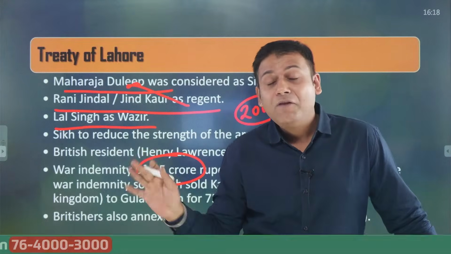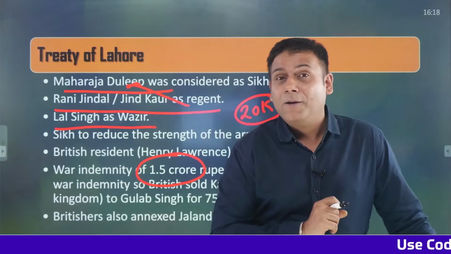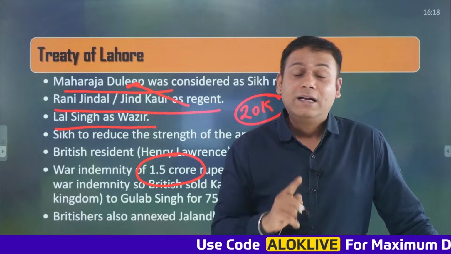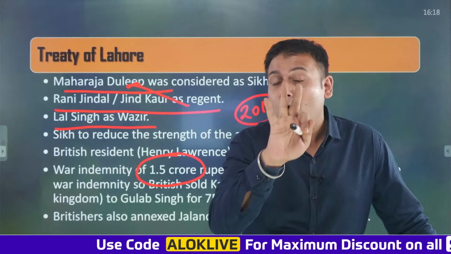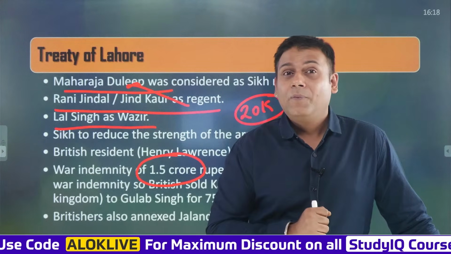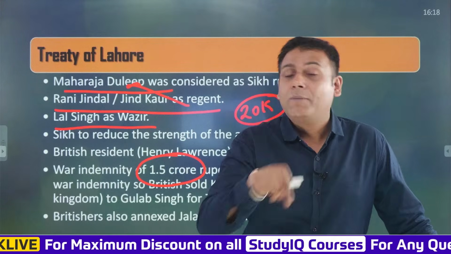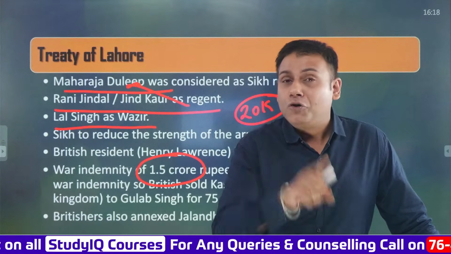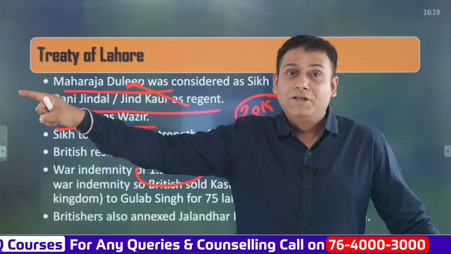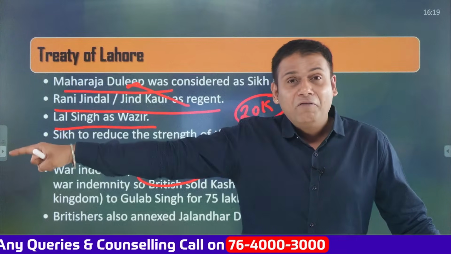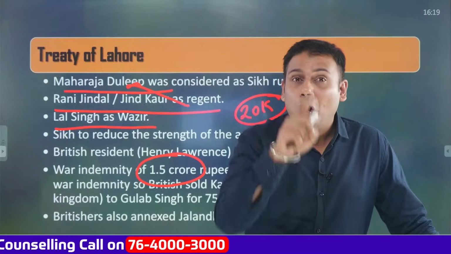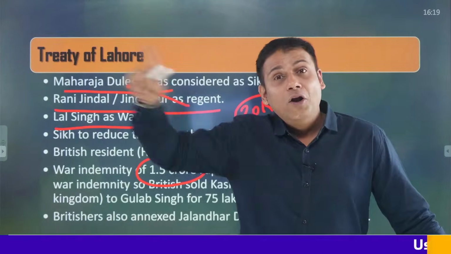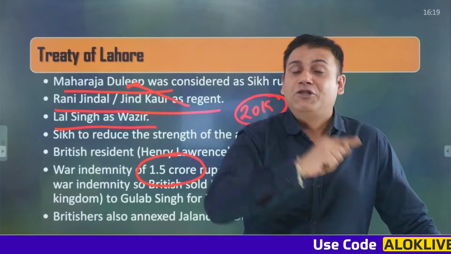Correct? Same thing, if you remember, was imposed on Tipu Sultan. Do you remember the Third Anglo-Mysore War? At the end of the Third Anglo-Mysore War, it is said that 3 crore rupees of war compensation was imposed on Tipu Sultan. And in fact, Tipu Sultan also said, I don't have that much money right now. I can pay only half the amount right now. So Tipu Sultan paid 1.5 crore rupees. And when he had paid 1.5 crore rupees, what did Lord Cornwallis do? Lord Cornwallis kept 2 of the sons of Tipu Sultan as hostages. Later on, he paid the remaining 1.5 crore rupees and got the release of his 2 sons.